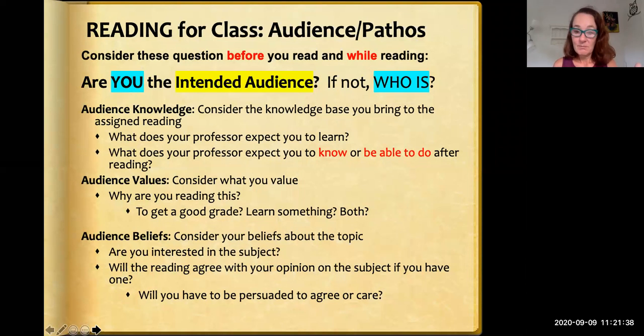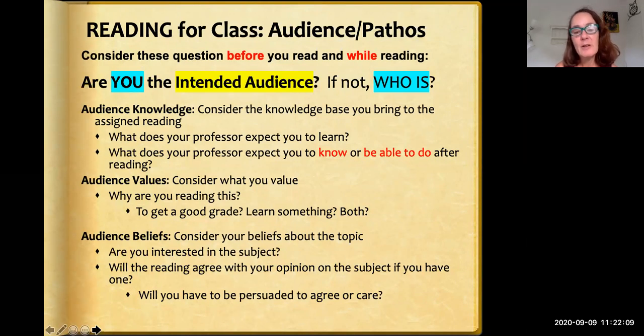What does your professor expect you to know or be able to do after reading? So if you're reading a textbook, they expect you to understand and learn the chapter, right? Because this is college. It's not like you read it and then you go in and they teach it. It's you read it and you learn it and then they talk about the next thing. So if you're having trouble with a textbook, you should either A, practice the questions at the end of the chapter, practice the equations if it's math or something like that. And then if you need to, go to the STEM Center and get some online tutoring.